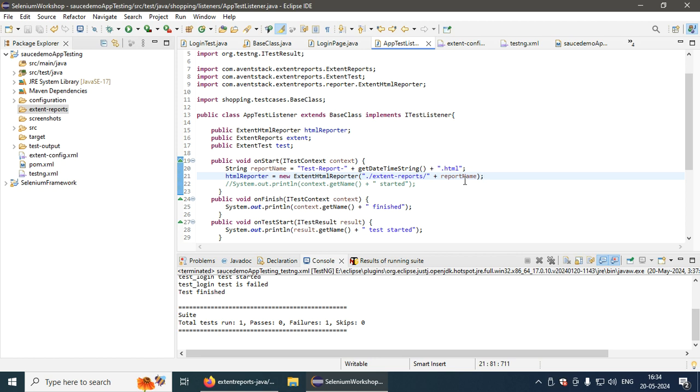Okay, so what I have basically told is create a report with this particular name, that is an HTML file, and store it into this extent reports folder, right? And now I want to tell which configuration to refer, which is nothing but this extent config file, right? And so again I will use this HTML reporter